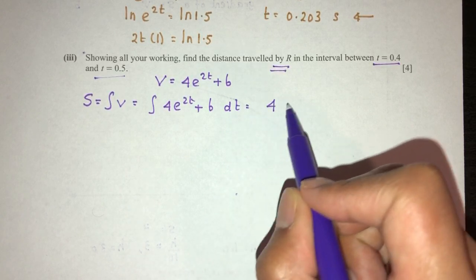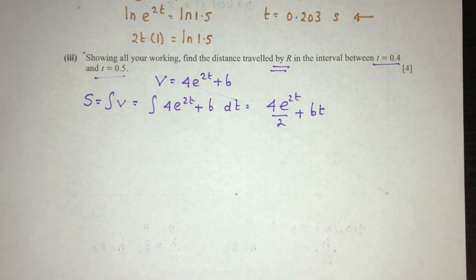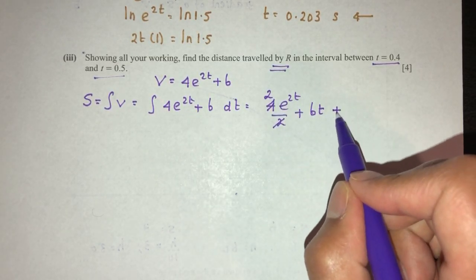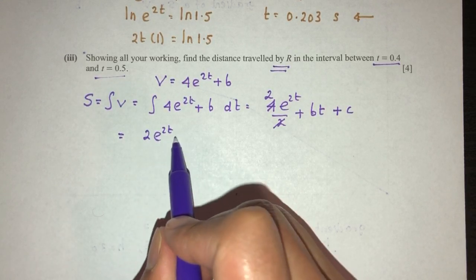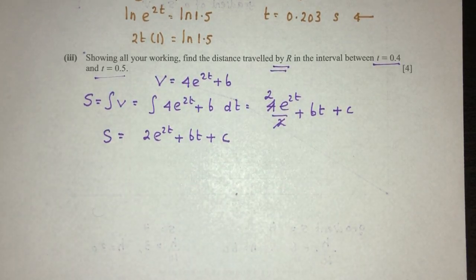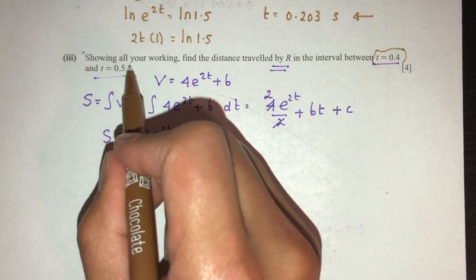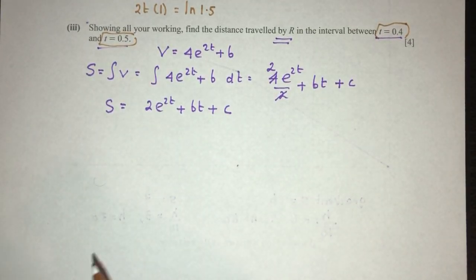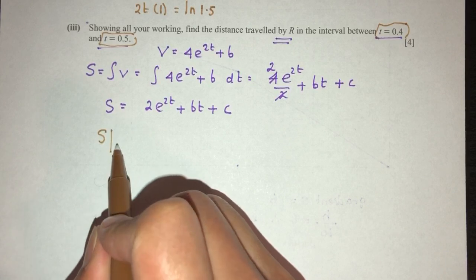That will be 4 e^2t divided by 2 plus 6t. Of course we have to add c. That will be what? 2 exponential 2t plus 6t plus c, that is s. So now given that we are trying to find the distance traveled between those two, we can just apply limits on those two without finding the value of c, because it will be cancelled anyways, right? So let's find displacement at the value of t equal to